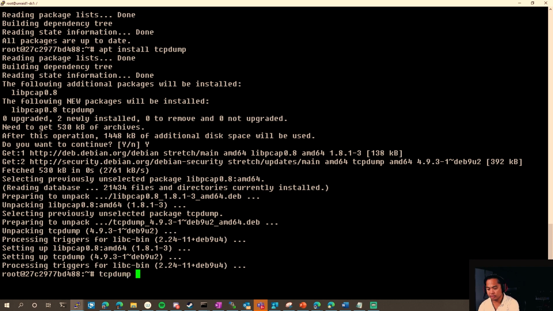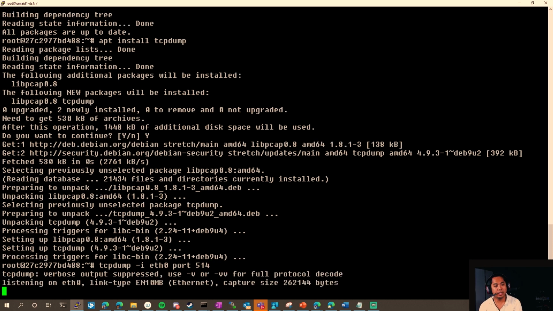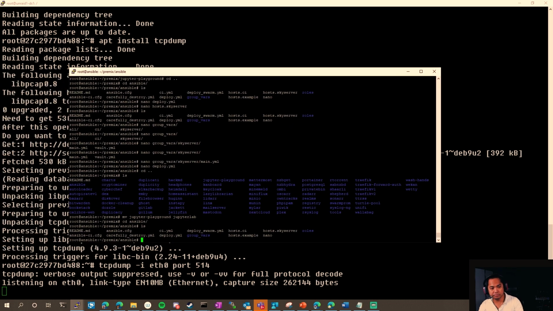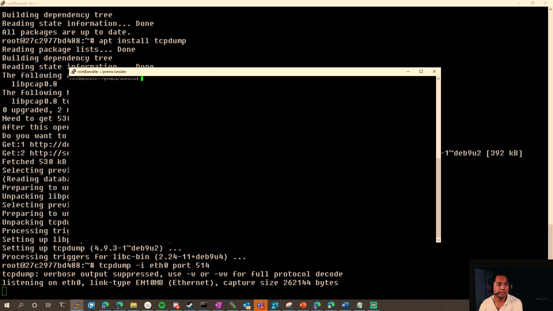So you could do tcpdump -i eth0 port 514. That will say we are going to listen on port 514 on eth0. Okay, what you can do is you have another Linux box and you can send logs to it. So what I'm going to do is go to another Linux box. Let me just do my Ansible box. So we have another box, and then we're going to do logger. When you set up the VM, you'll find out what IP address it picked up, and then you're going to do logger